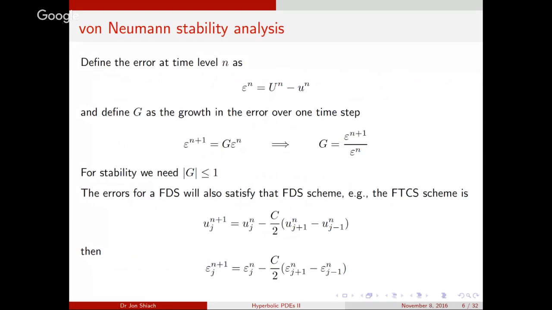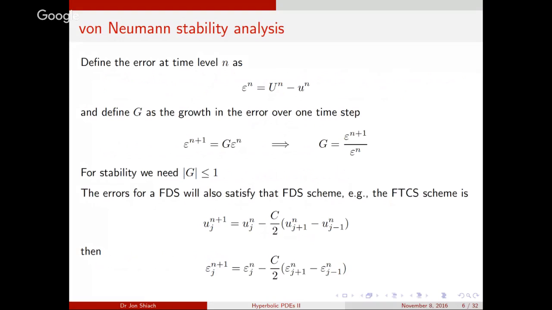So you've got your values, you apply 1 time step with your scheme, and you've got a new set of values. Now, the change in error from this time step